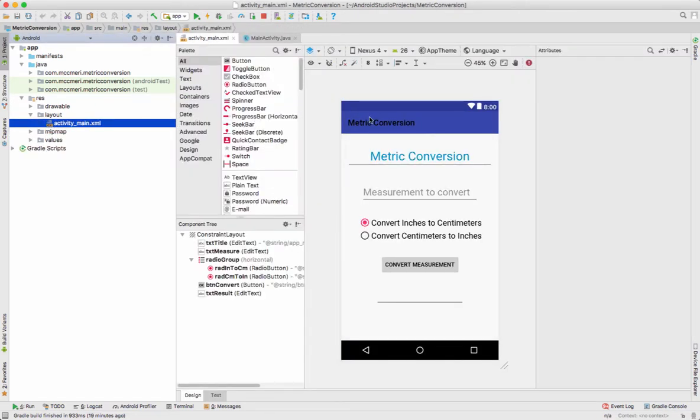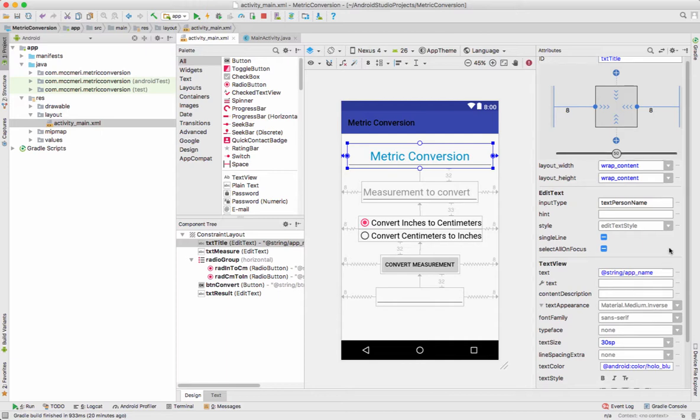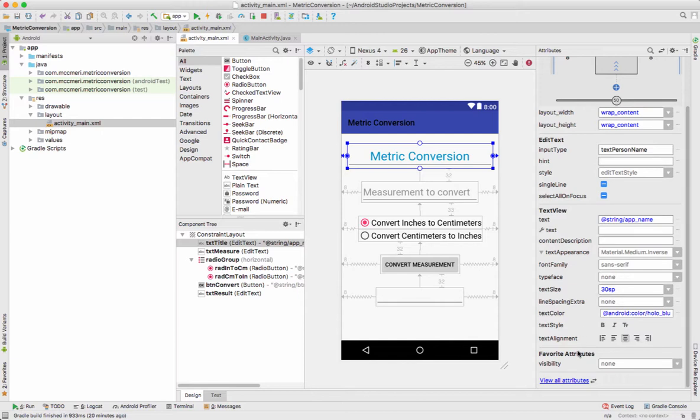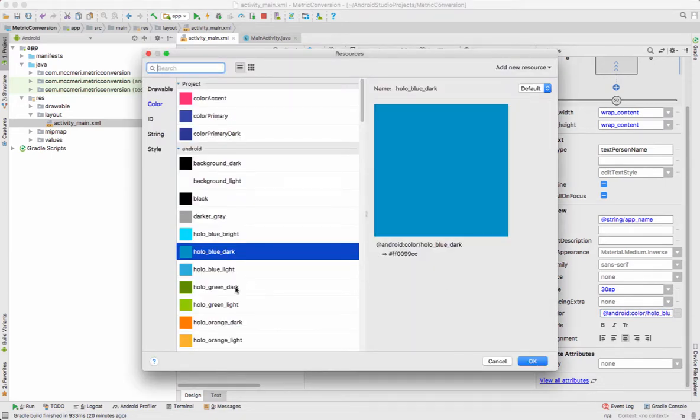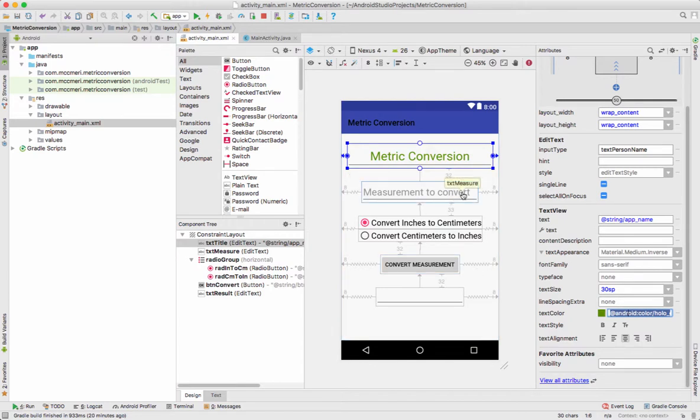activity main. And here we have our text title. Text size is 30 SP, and it's at the string app name. And you can change color here if you want. I did that just by scrolling down and going into your text colors. You can go pick something, so whatever you like, and it will work from the theme. Then I have my